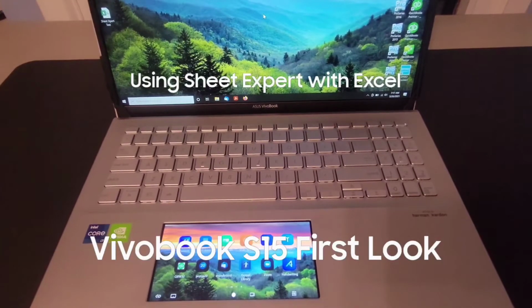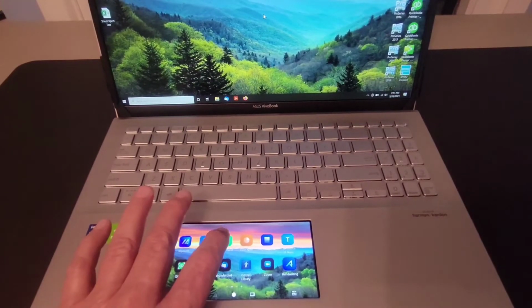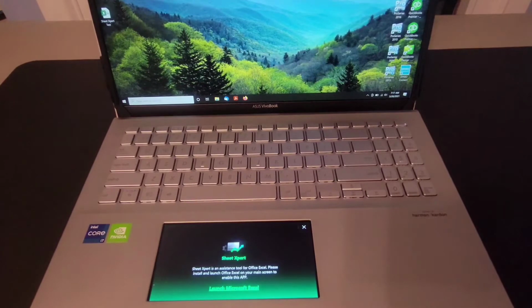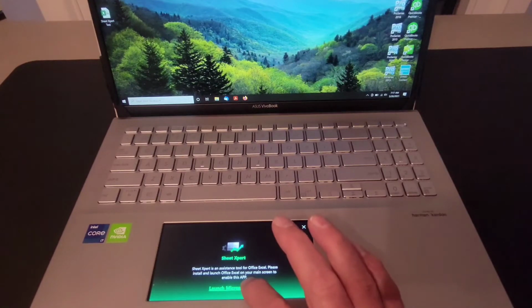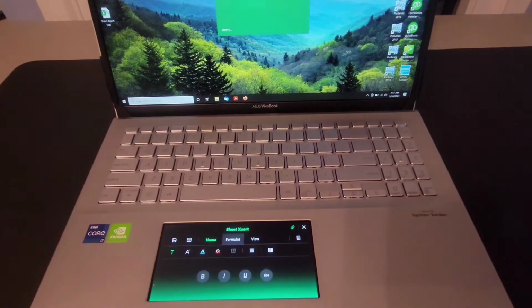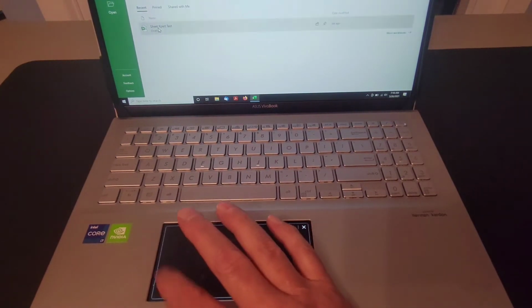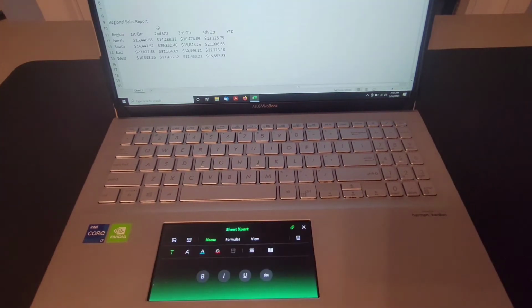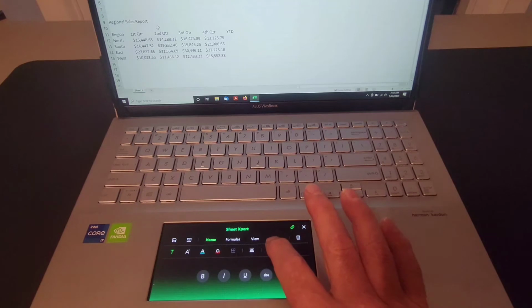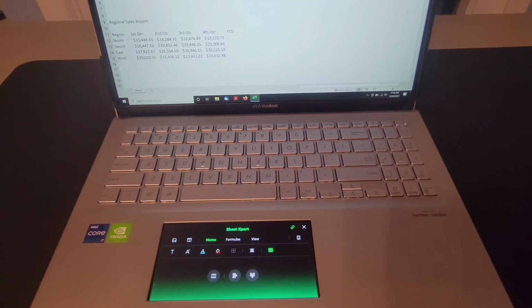Now let's take a look at how we can use Sheet Xpert for Excel. Click the Sheet Xpert icon, and it tells you cannot run Sheet Xpert unless Excel is running. So here is a way that you can launch Excel. And we three-finger tap to grab the cursor, double-click our spreadsheet, and it loads. Now we can go over to this icon, which controls inserting rows and columns, merging cells,